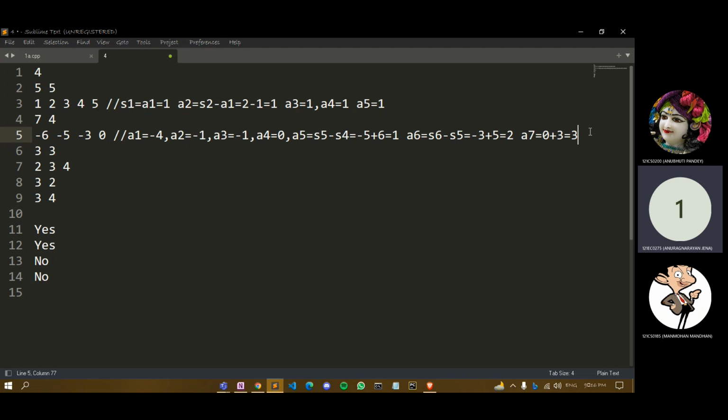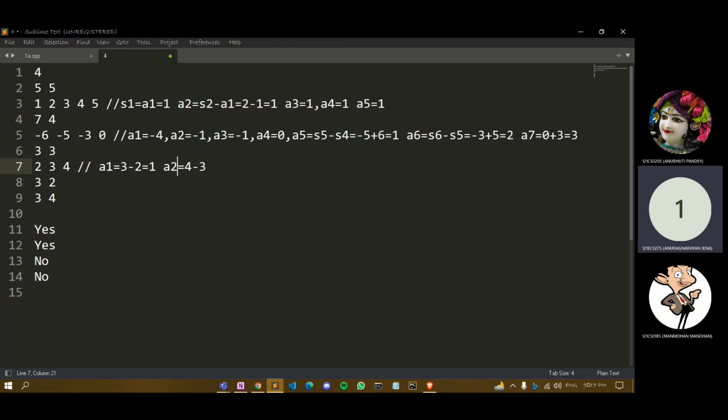Then we can get the array and it's sorted also, so we can print yes. But here it comes that we are given n as 3 and k as 3. So we can again do this one. We have a of 1 equal to 3 minus 2 equal to 1, a of 2 equal to